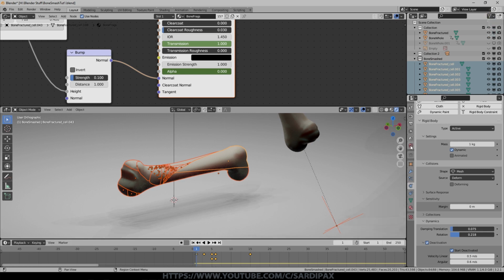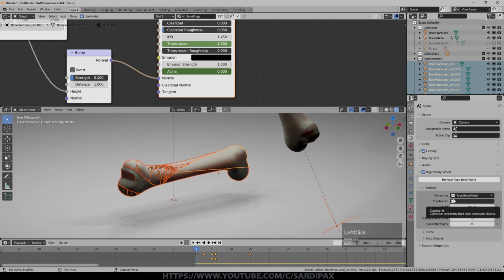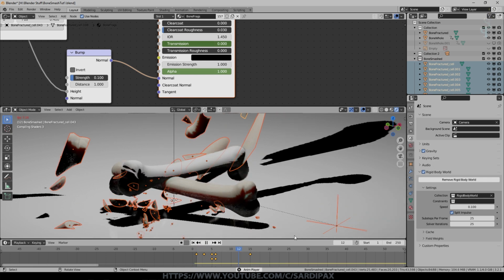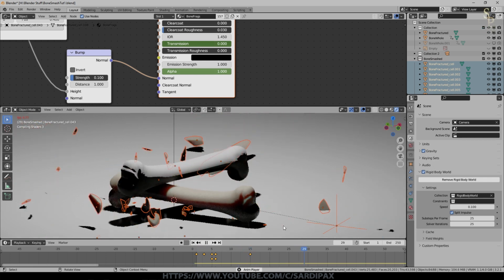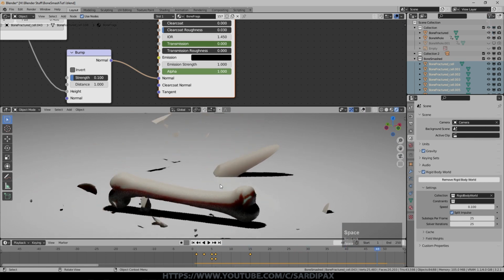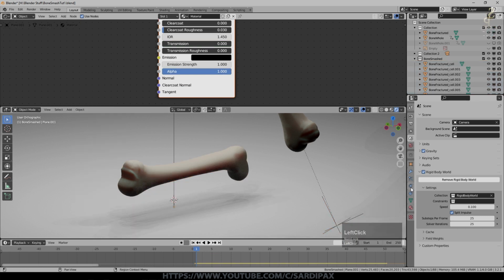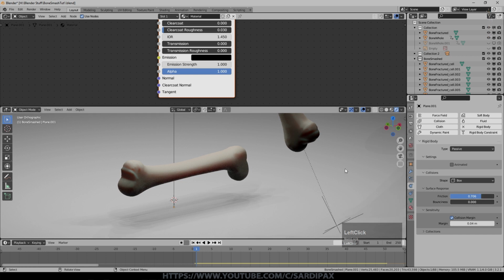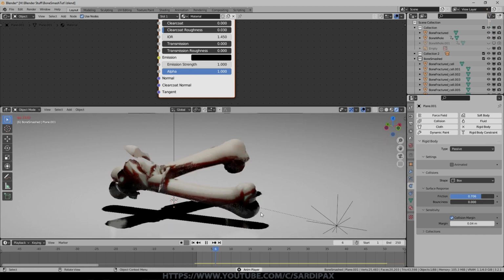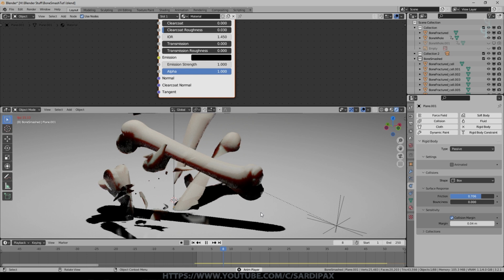If worst comes to worst and you're really still having problems, you can play around with the substeps per frame. You can turn on split impulse. Only do that if you have to, and that can sometimes help. I haven't often found it very helpful, but in theory it could. And you can also add things like friction. So if we let that go there. What I obviously needed to do was go up to Object and say Rigid Body, Copy from Active, and while we're at it we can add a bit of friction in there, which will also help to slow things down.